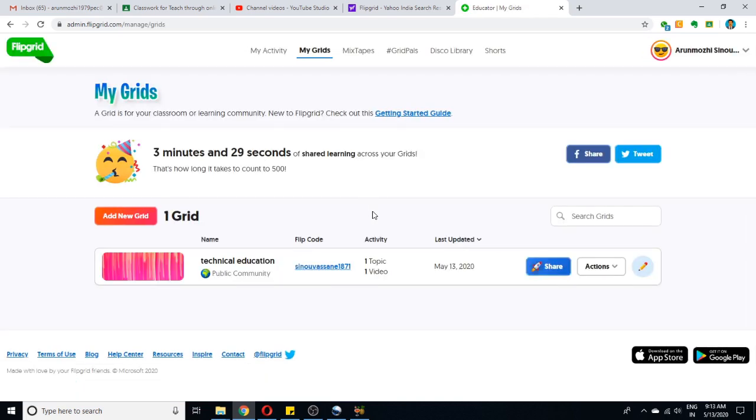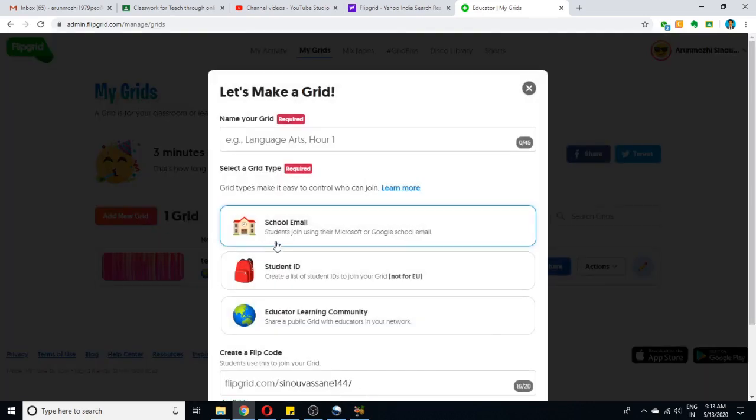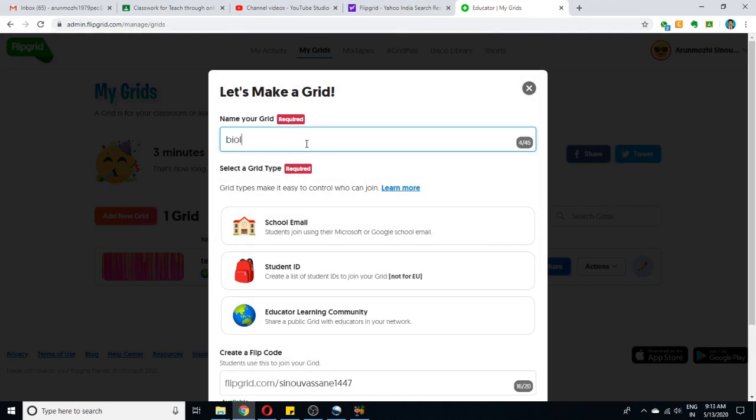Okay, here a grid means a classroom. I already have a technical education classroom. Let me create a new classroom, like add new grid. So here, let me say it's a biology class. It's a biology class. So student can use